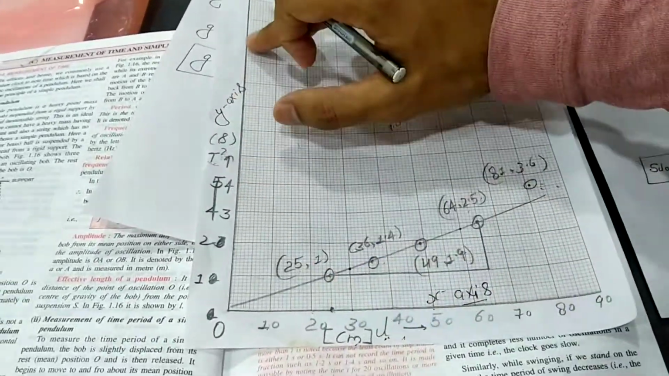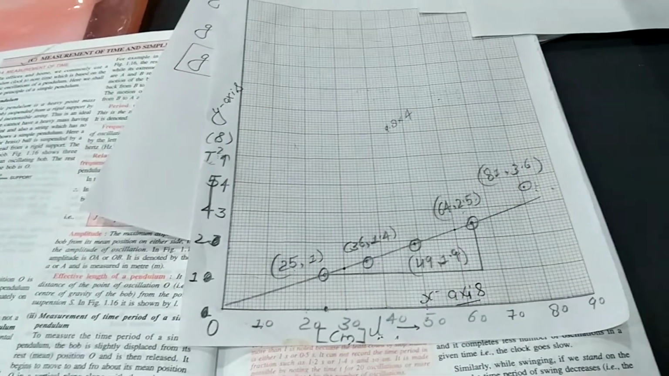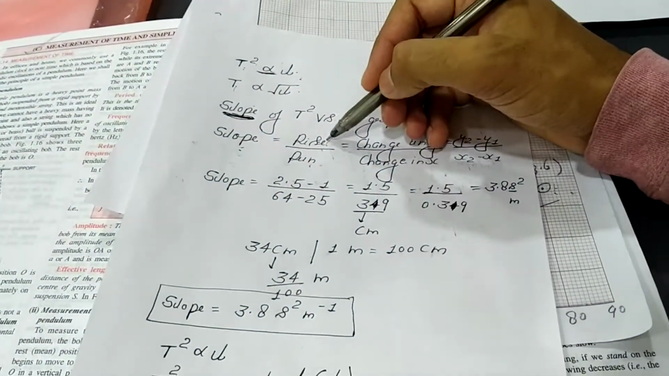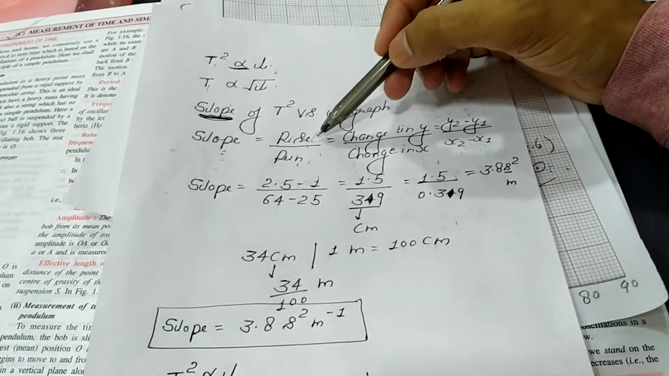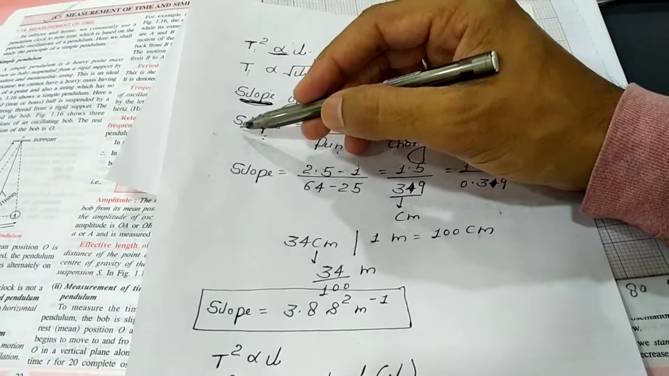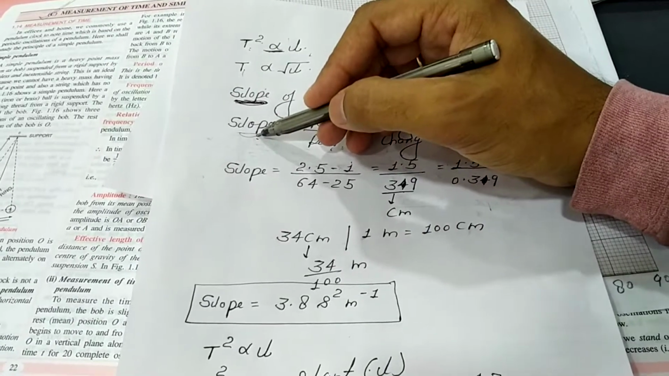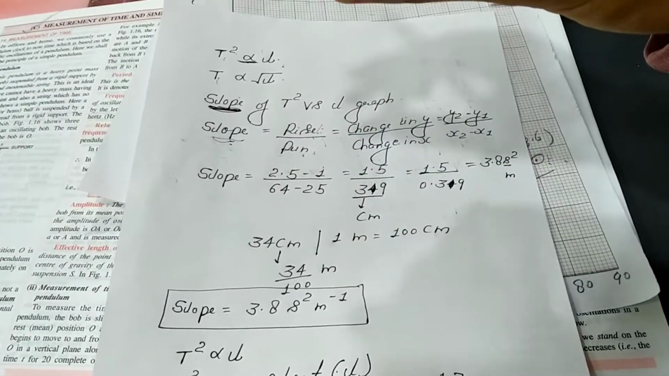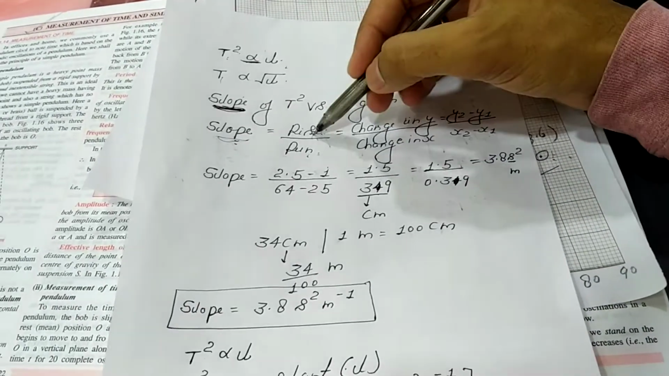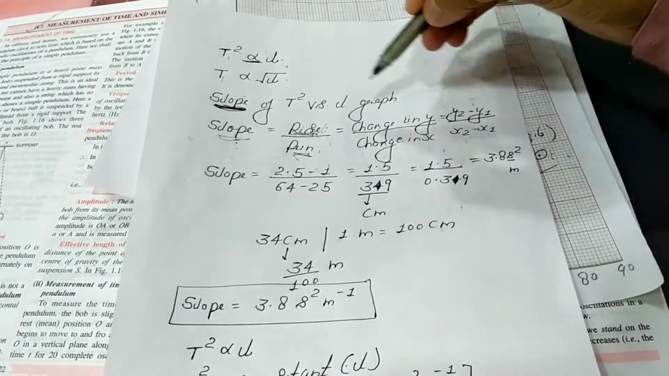It means y-axis upon x-axis. So this is rise upon run: rise along the y-axis and run along the x-axis. Now remember, the slope cannot be calculated for a single point. It is always calculated with 2 points. So that is why, when we take this for y and this for x, we always say it is